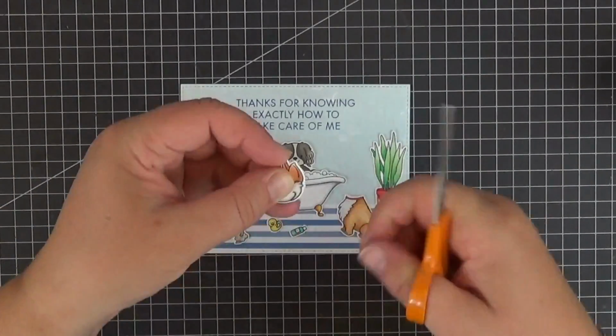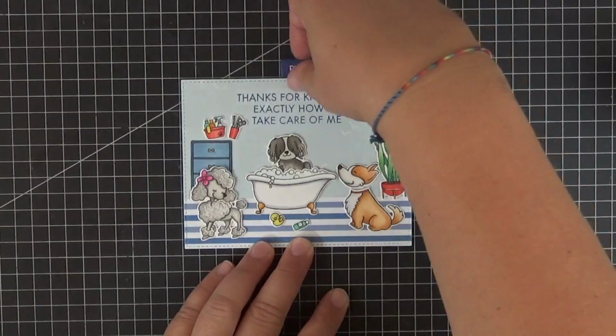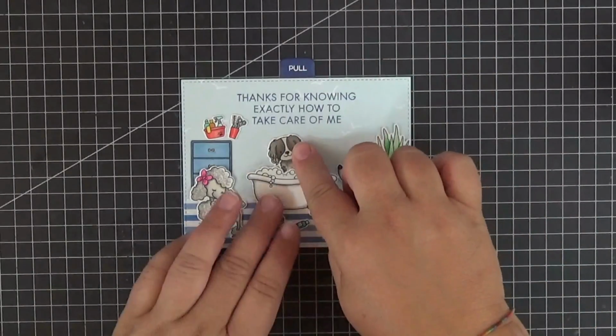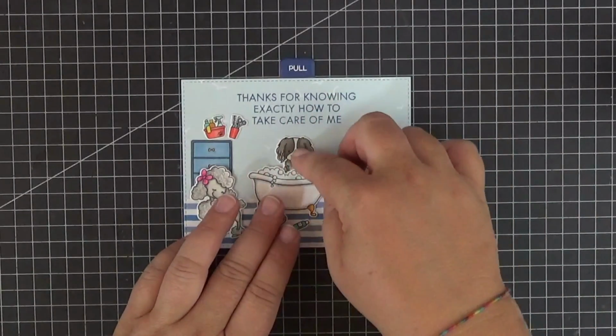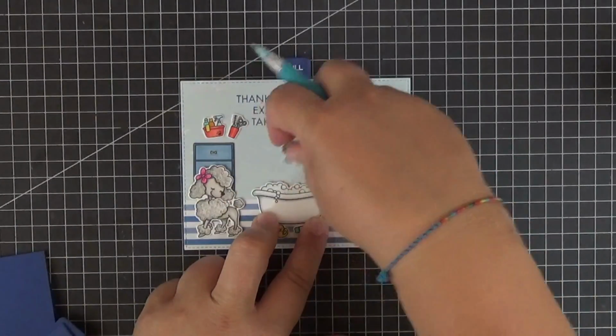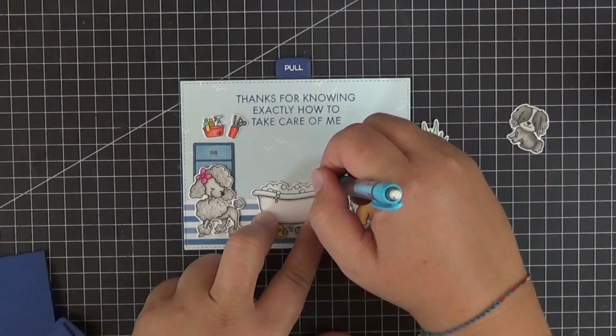There we go. I couldn't find my pull tab slider Die-namics set, so I used one of the dies from the money card Die-namics to cut mine. Here I'm centering it to make sure that I'm also placing the bathtub in the middle. Next, I'll trace the outline of it with a pencil so that I can cut a hole to hide the